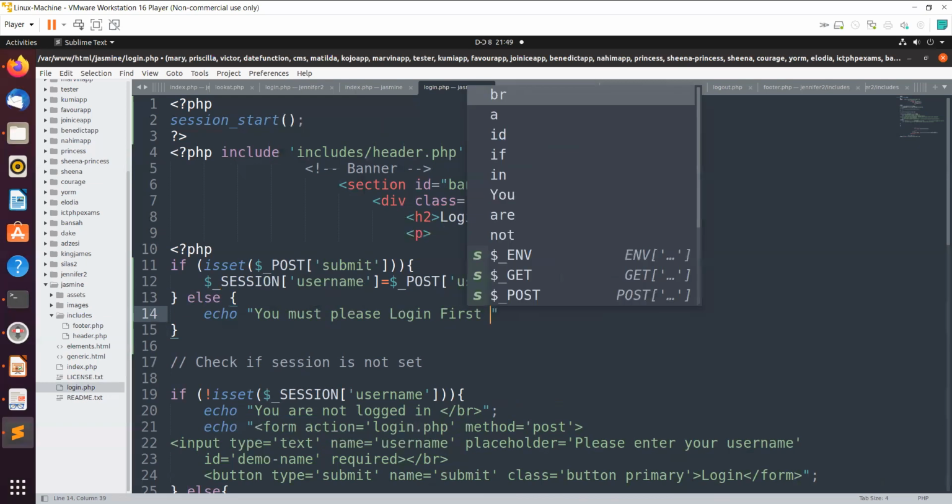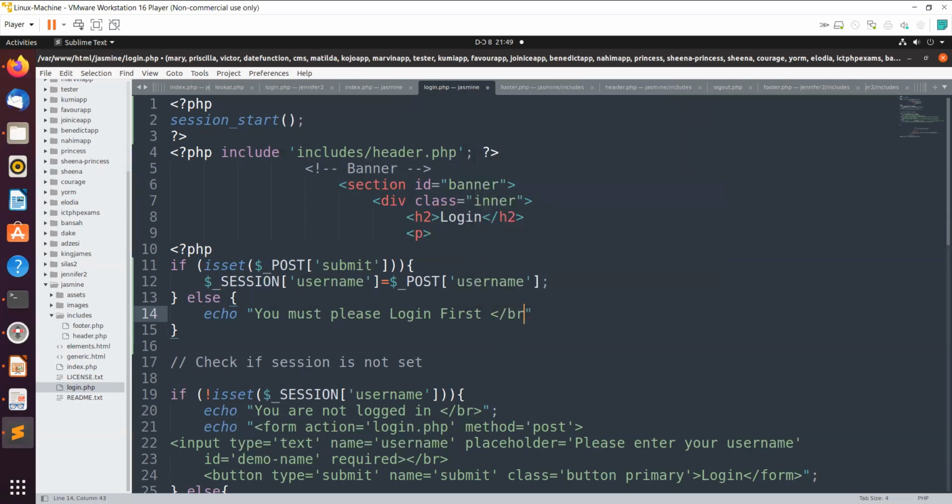So break line, then we'll terminate it. Okay. At this point, we are trying to receive